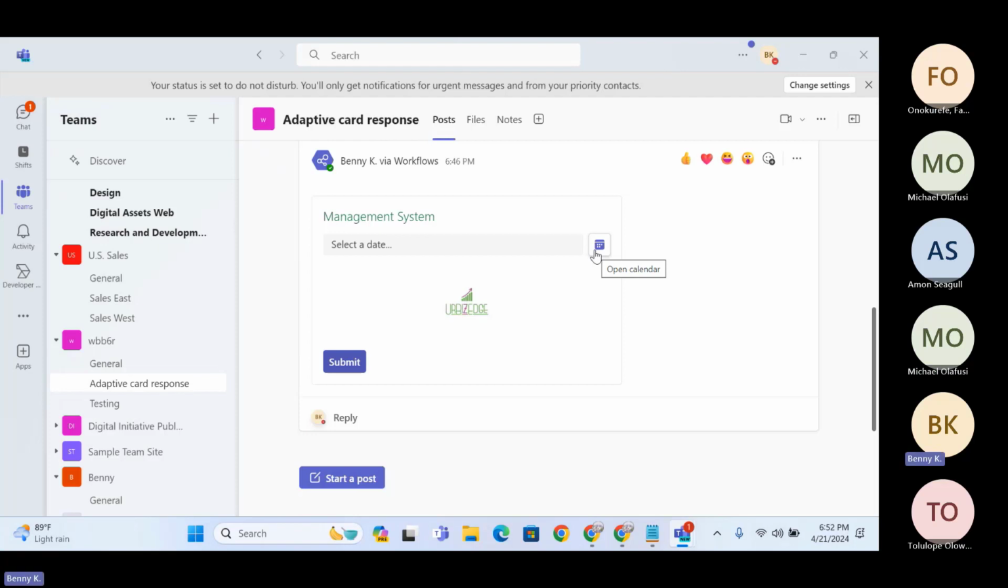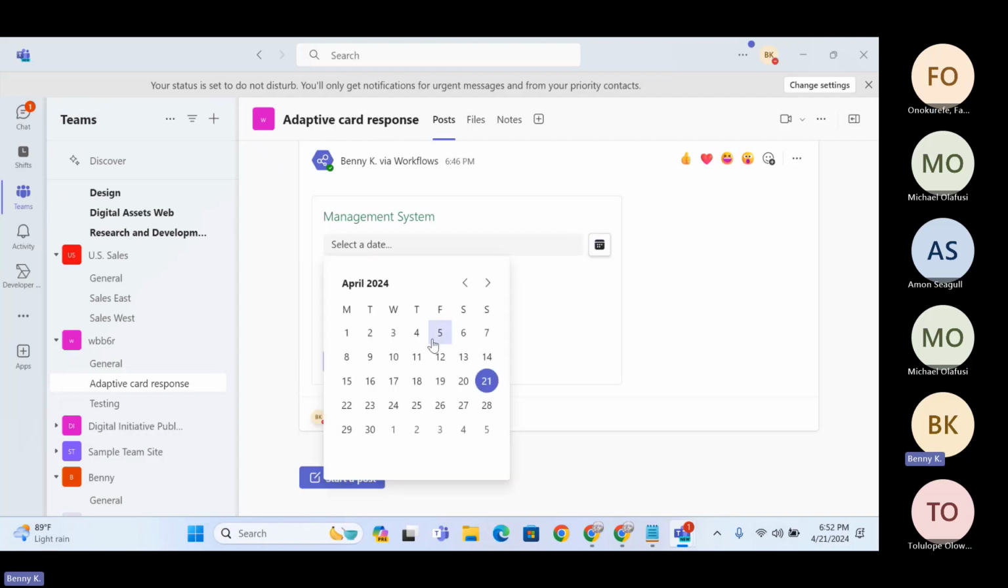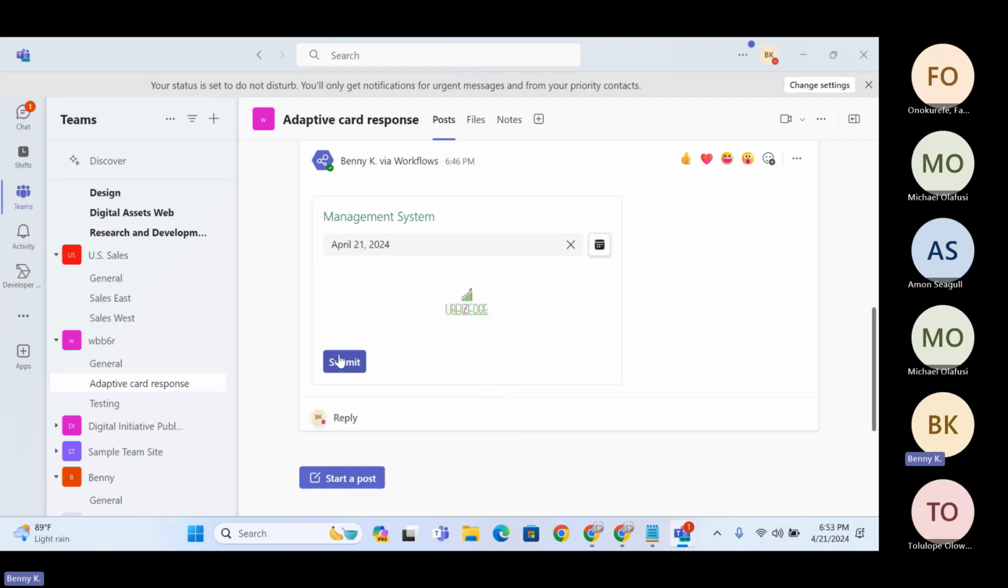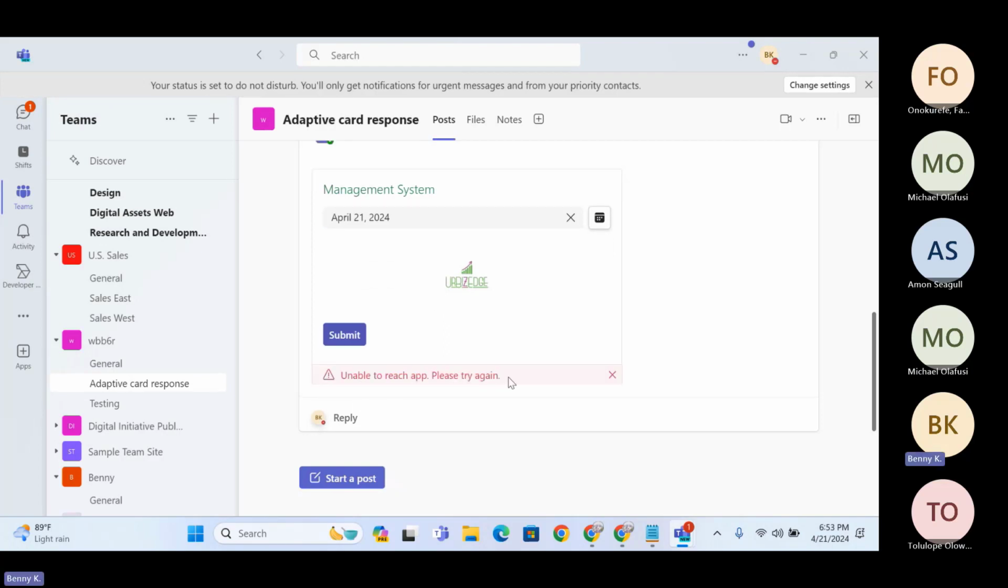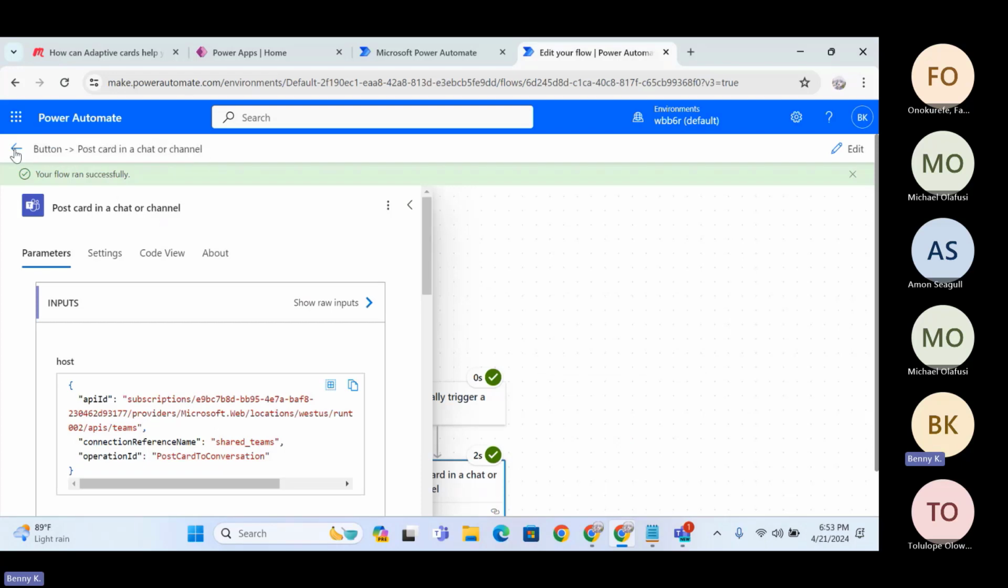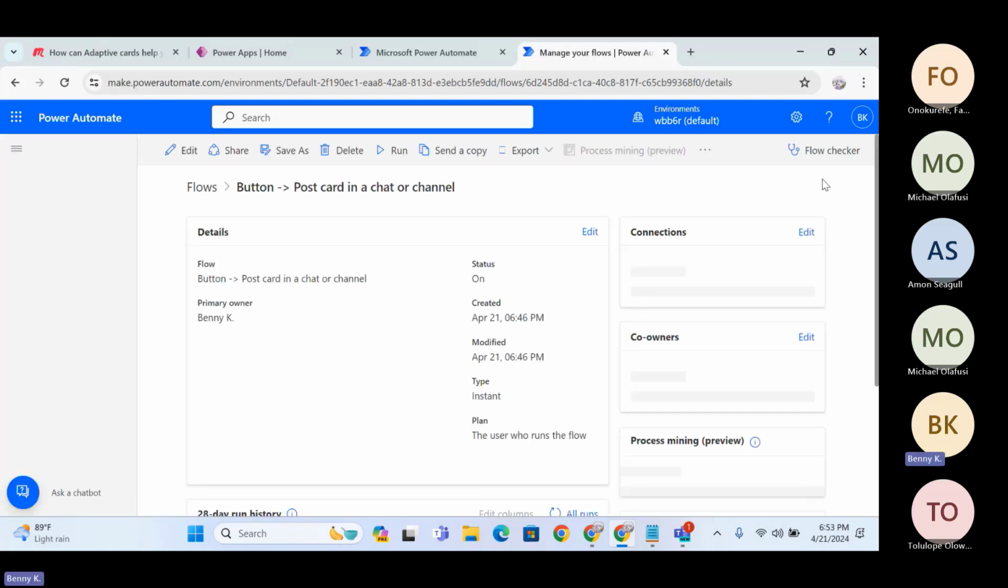I have one more on this thing. When I came here to select a date, for example, I select today's date and click on submit, I got this error: "Unable to reach out, please try again." So this was because of, if I go to my flow,